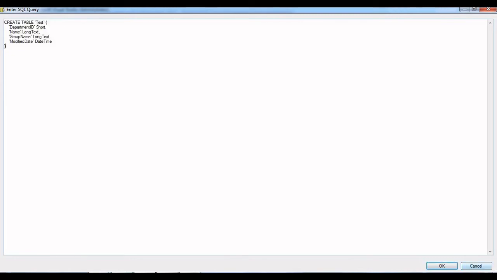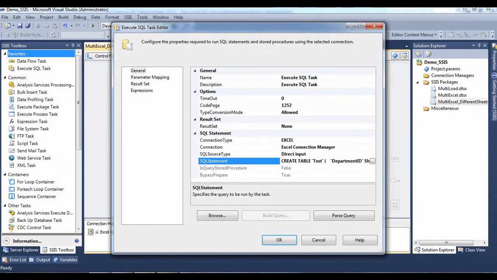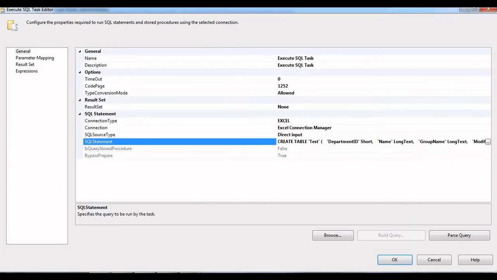But if you notice here, I have given a hard coded value. I just gave the dummy name test, but this is not the actual group name, right? The group names are different, but we need to do it dynamically when I execute the package. So for that I have written an expression. I'll try to show that. Click on expression.